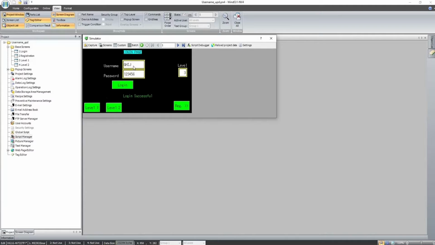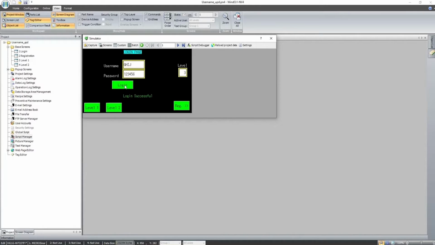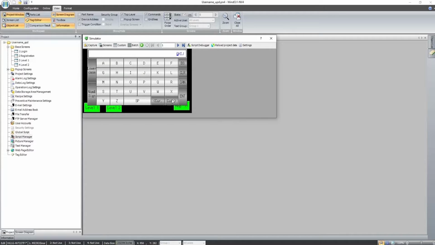Here I have entered a username which is GHIJ and 1, 2, 3, 4, 5, 6. As you can see in the registration page, GHIJ and 1, 2, 3, 4, 5, 6 is of level number 3. So that's why we have come to the conclusion that it's level number 3. Then let's say I'm entering GHIJK at the last.